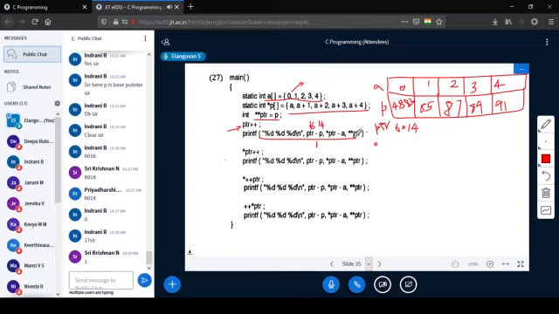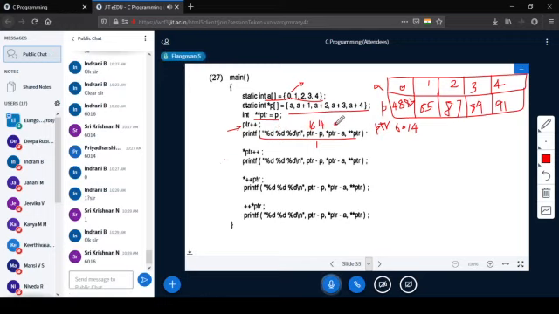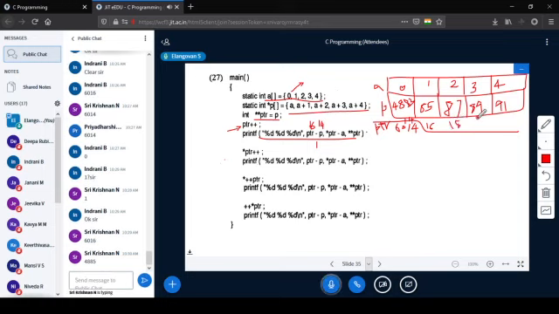Okay, next, coming to this, star PTR minus A. What is star PTR? What is PTR now? PTR is 6016. Star PTR means the address 6016. The address is 16 here. Right, this is 14 and this is 16, 18, 20, 22. I am just writing the address of each and everything.